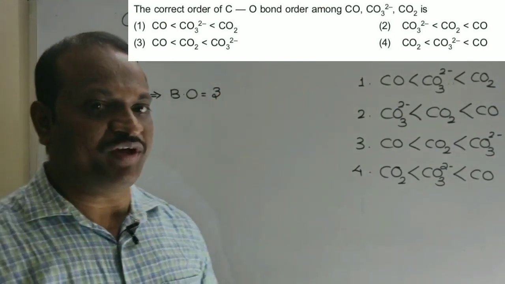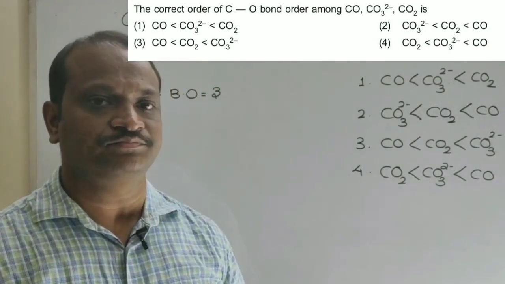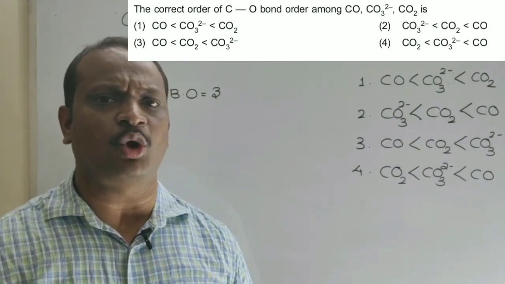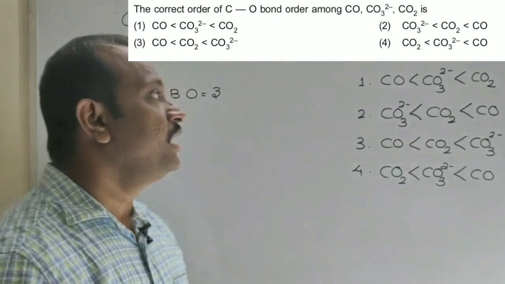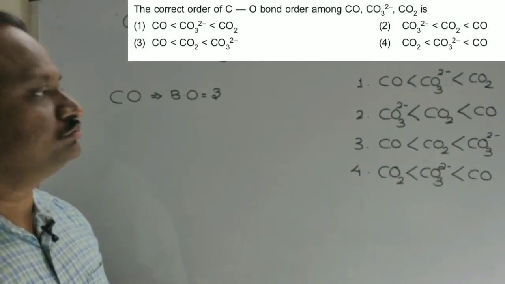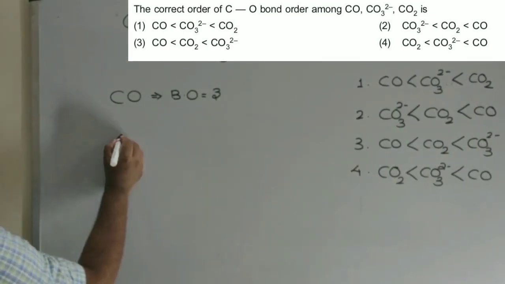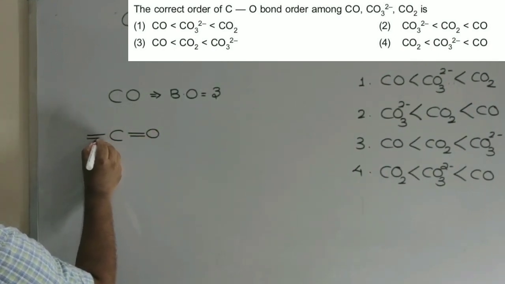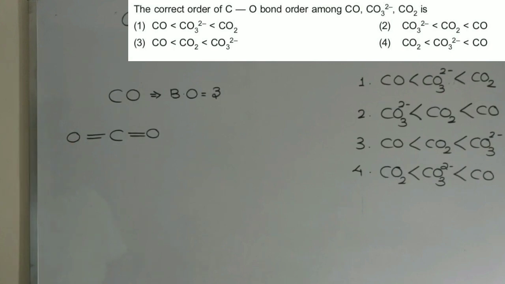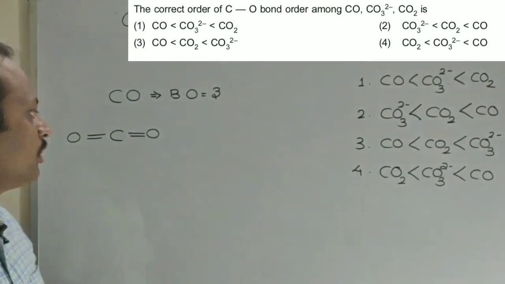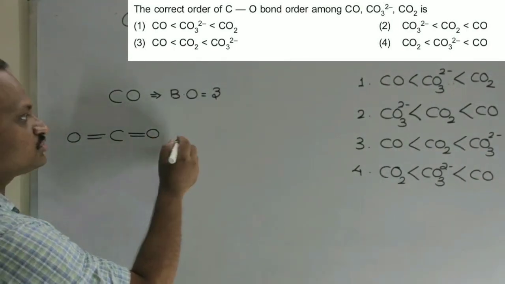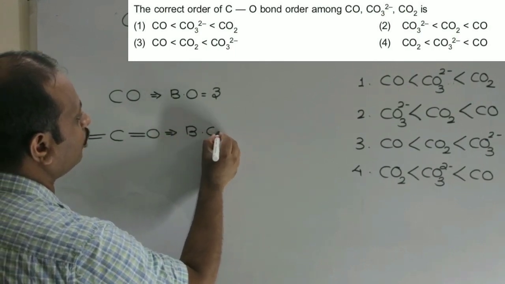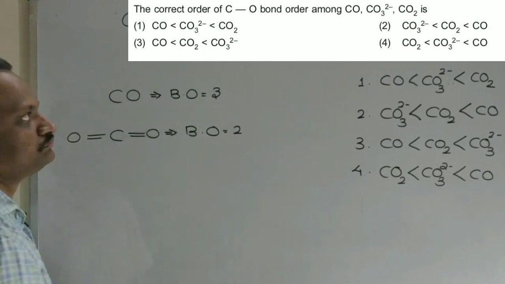We can say in both ways, by using molecular orbital theory or the normal way. So now I discuss in the normal manner only. CO has a bond order of 3. Now CO2. I'm just drawing CO2: C double bond O, here also double bond O. What's the bond order? Definitely you can see that in this particular compound, I can write bond order equals 2.